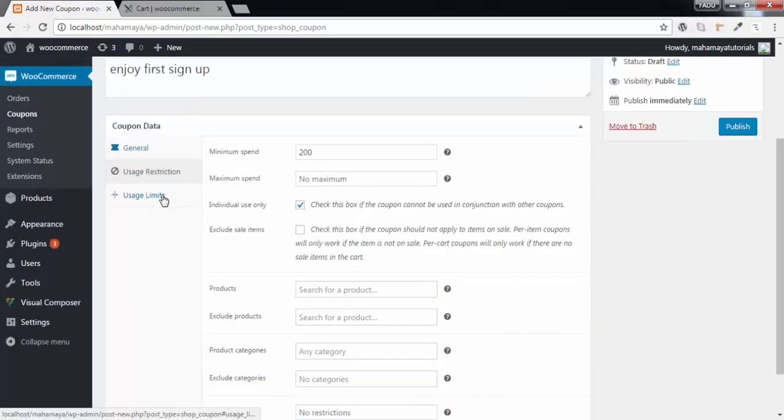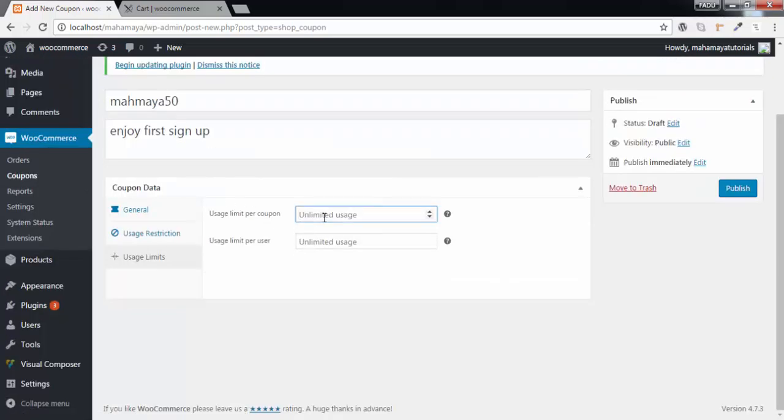And next is the usage limit per coupon, you can restrict the number of times that coupon can be used. Like you can create it for the first 1000 coupon users, so 1000 coupons will be valid, and afterwards it will show invalid.